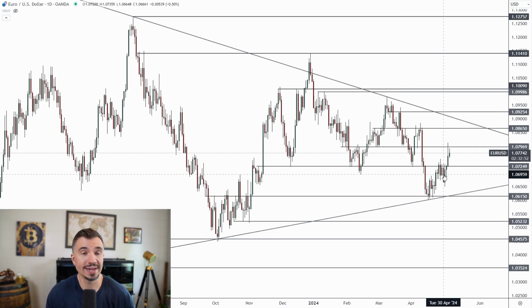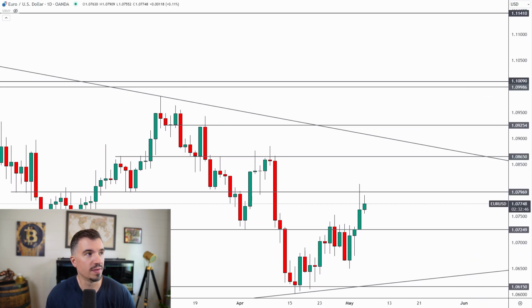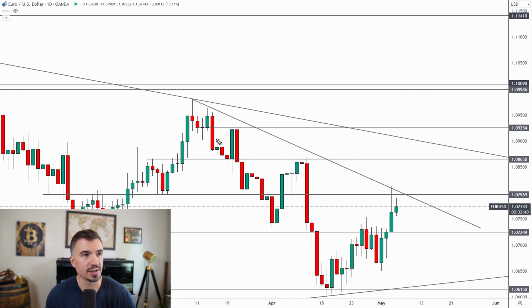So again, all things to keep in mind here as we look at the euro, but you can also see where we have a trend line off of some of these highs. So off of these highs up here, we have a trend line that extends off of this high. Obviously the inception point back here, we've got this one and this one on Friday. So that makes this a confluence of resistance up here at 1.08 for the euro,